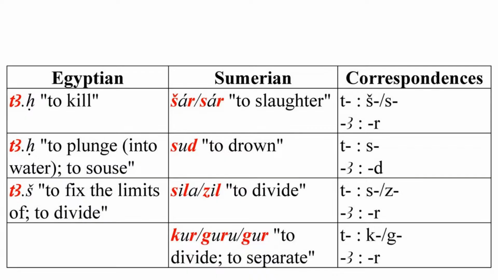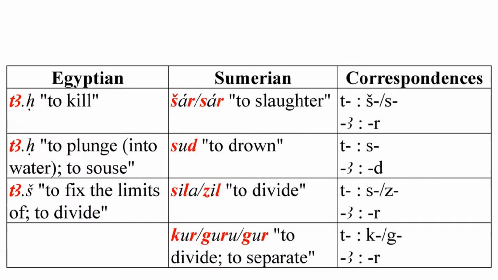And so that same tir in Egyptian corresponds to sh, r, or s, r in Sumerian. So like this word ter, to kill, this dotted H here is a verbal suffix. And in the text, I give citations that explain all of these suffixes that I'm mentioning in Egyptian, right? And so, which is Sumerian shar, sar, meaning to slaughter, and then teher, to plunge into water, to souse, which